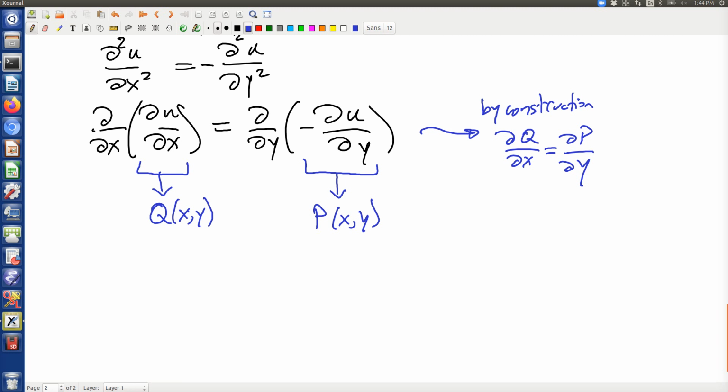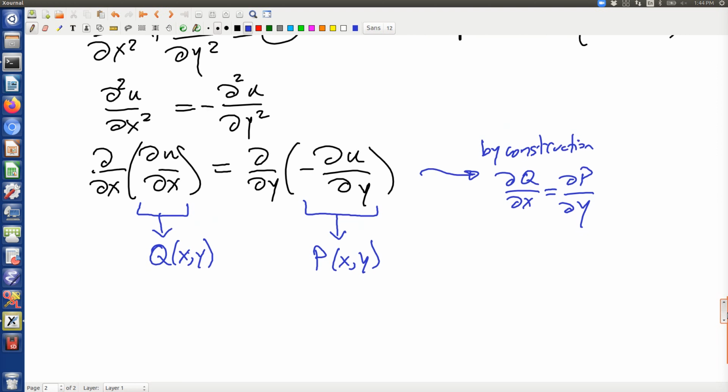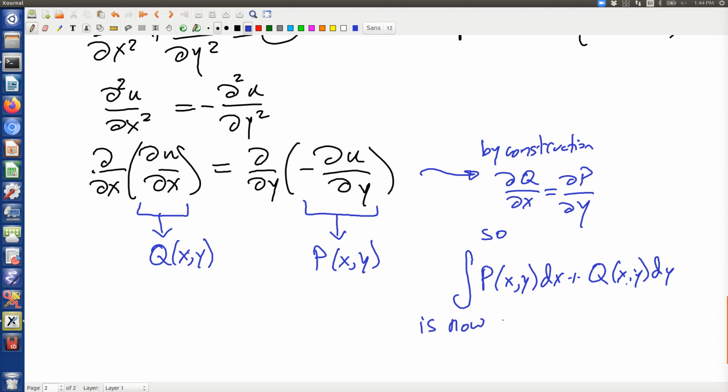So in particular, because my domain is simply connected, integration along paths of path integrals p dx plus q dy is now path independent. So the integral of p(x,y) dx plus q(x,y) dy is now path independent,